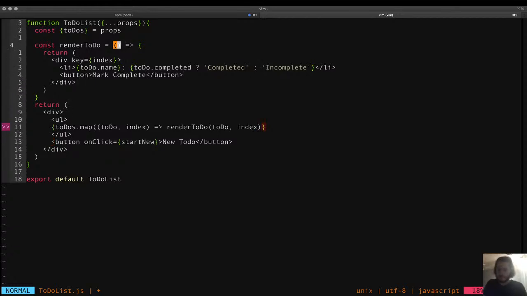Actually, we have it up here. And looks like that solved our problem somehow. You see how breaking it out can help, even with that. And we'll need a